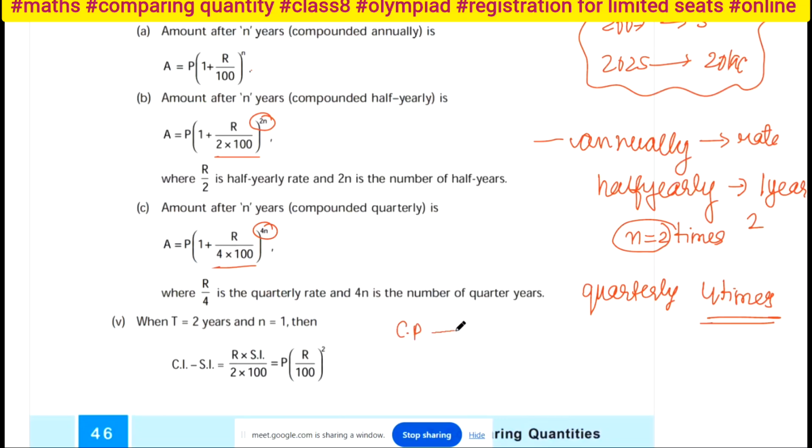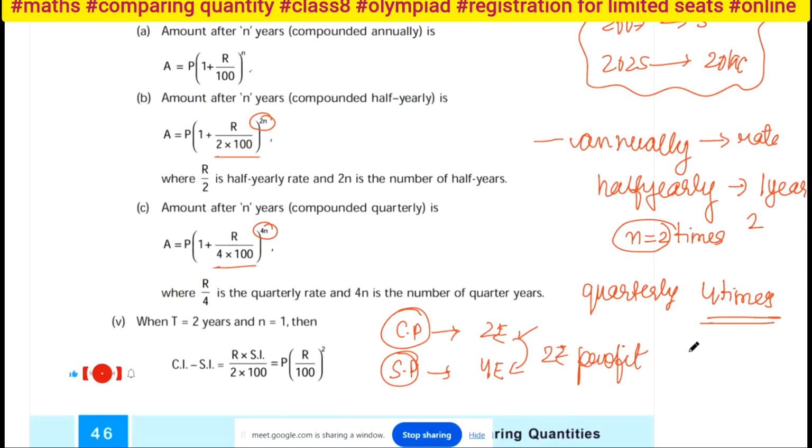Now see cost price and selling price. Cost price means if I am purchasing from any shop a pencil for 2 rupees, suppose, and I sell that pencil to another person for 4 rupees. The purchasing amount is called the cost price, and when I sell it again, it will be my selling price. But see, I am gaining 2 rupees profit, right? So if anybody asks me the percentage profit I gained here, I will say how much? Tell me.